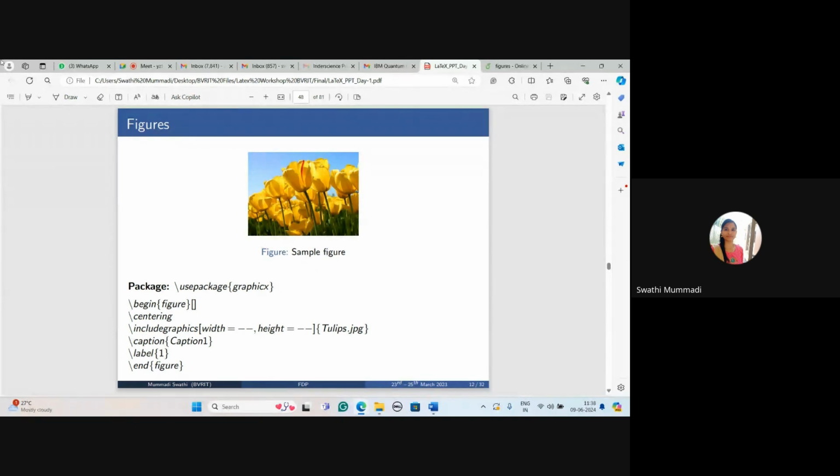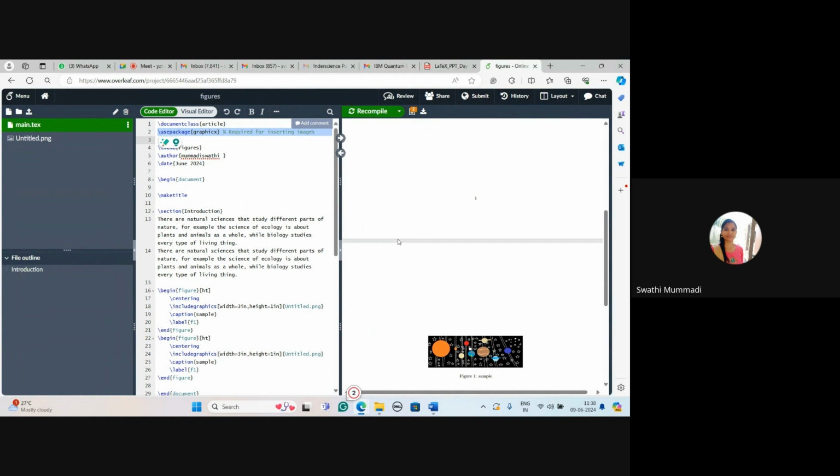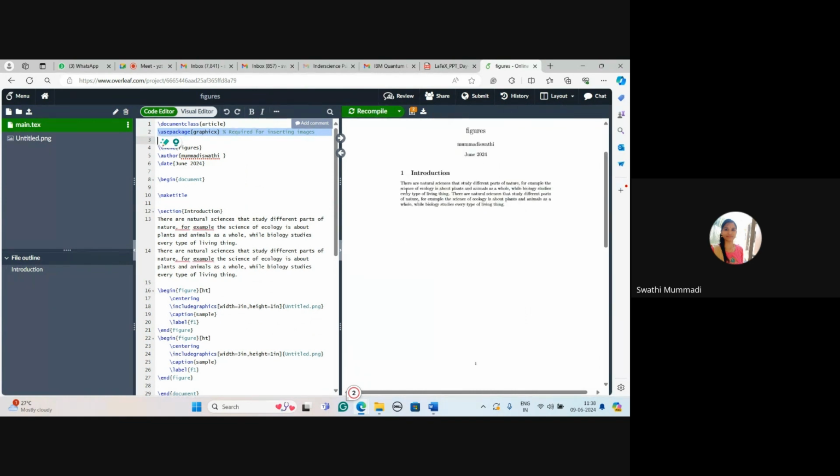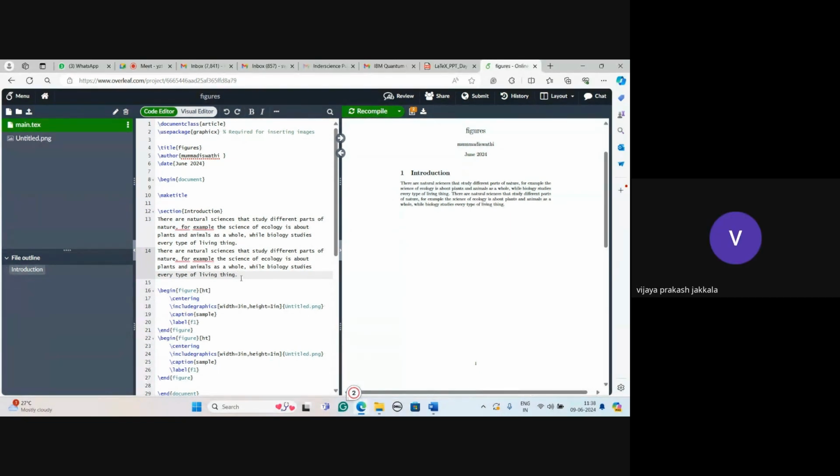Okay, so if you don't have any doubts, then I'll move forward. Then we also have one more option called wrap figure. Usually when we share the content, the figure will be along with the content, right? So in that case, how to write? So how to wrap the figure? That also we'll see. So for that, I can use the